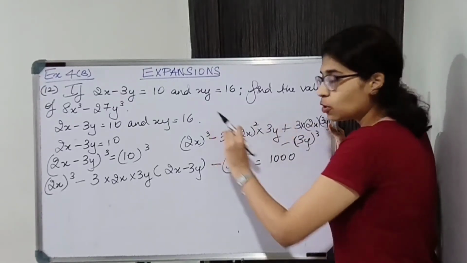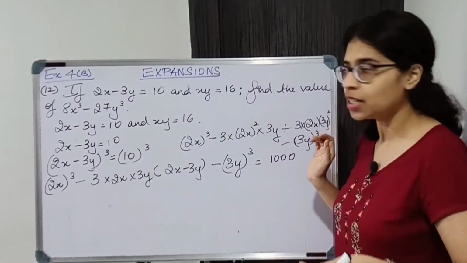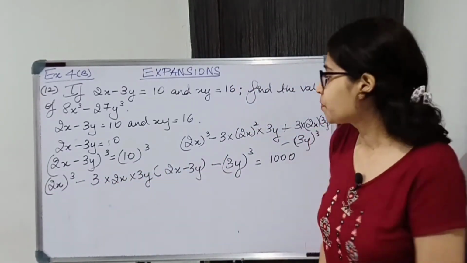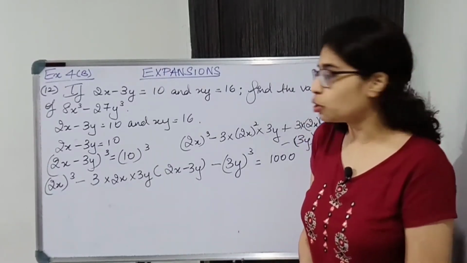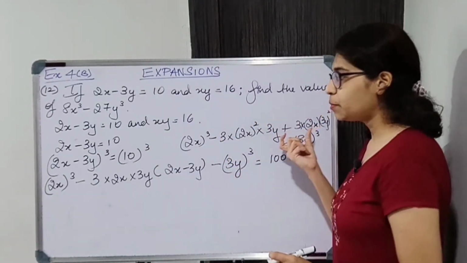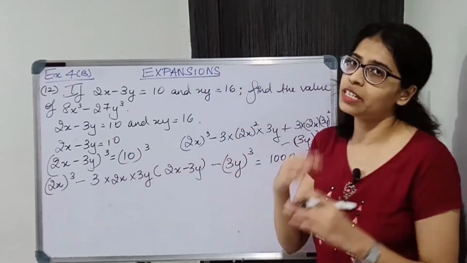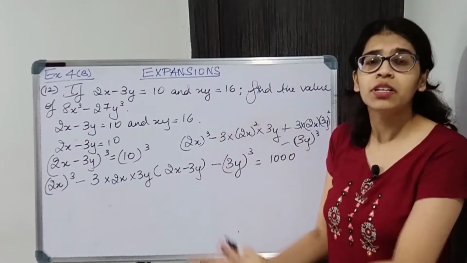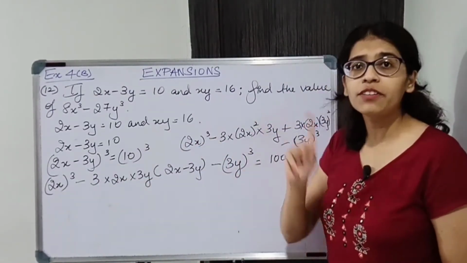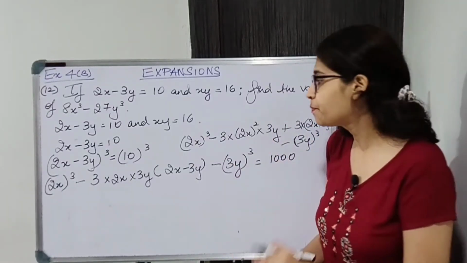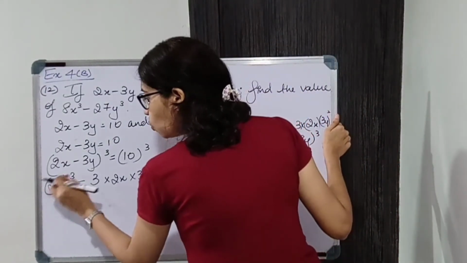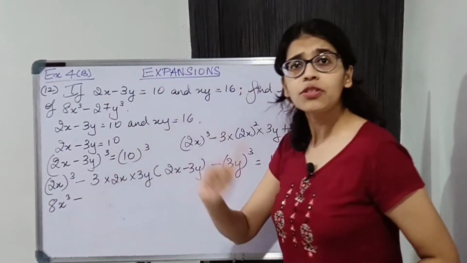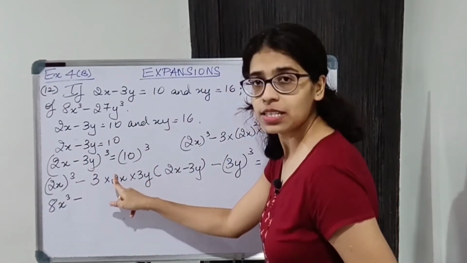ठीक है, ये करोगे तो 2 steps बढ़ जाएगा. And if you follow this identity, then it is a little shorter method. So it's up to you whichever identity you want to use. 3a square b plus 3ab square use करना है या फिर 3ab (a minus b), it depends on you. Just be careful with signs. I have already given you the easier way to remember the signs and the formula. Refer to the expansions of cubes वाला video. Now 2 का cube 8, x का cube x cube. Multiply the numbers first. 3 2s are 6, 6 3s are 18.